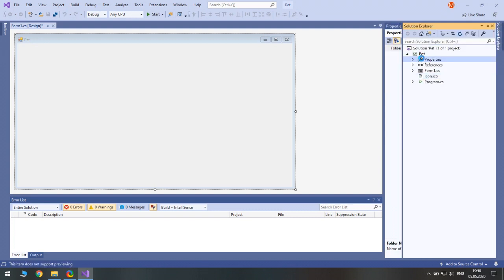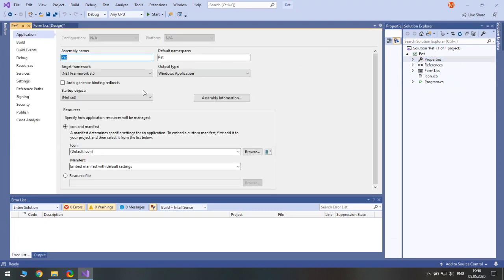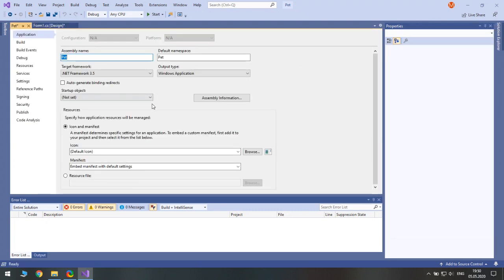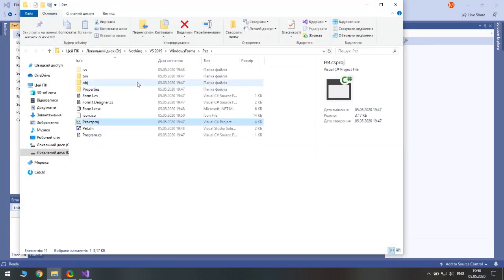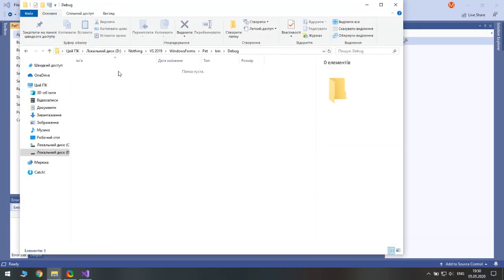So we go to properties, and here we are going to set the icon here. Good. And now if we check the exe file, oh, we have not built anything, so there's nothing here.